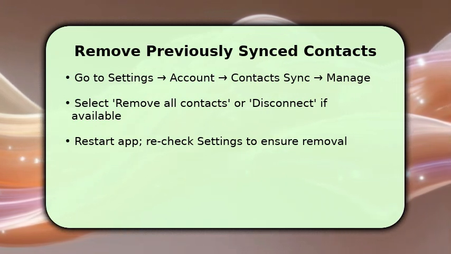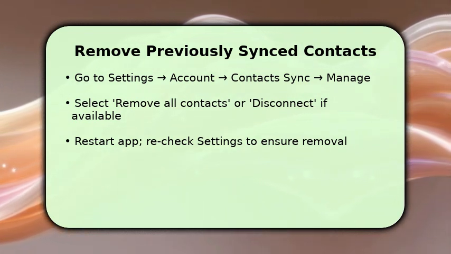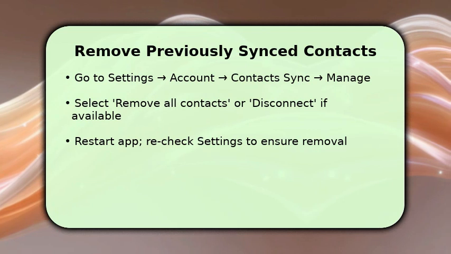If you don't see removal options, you may need to revoke permissions from your phone's OS settings instead. Troubleshooting tip: if contacts reappear, revoke the